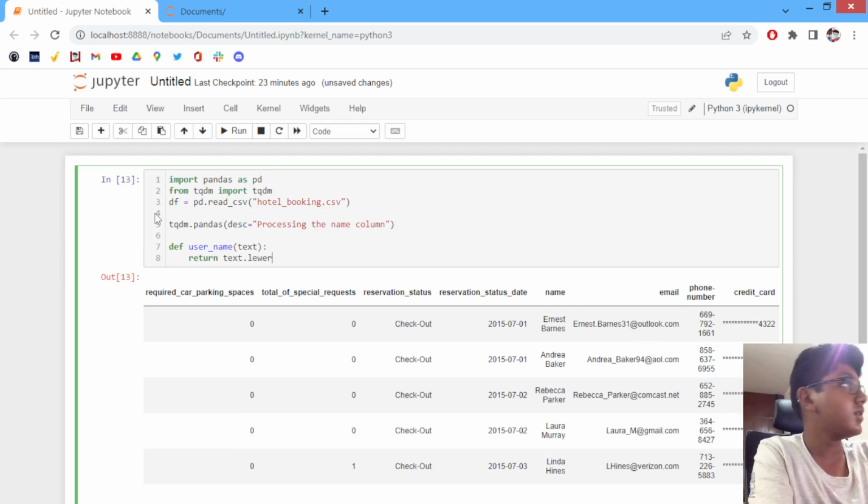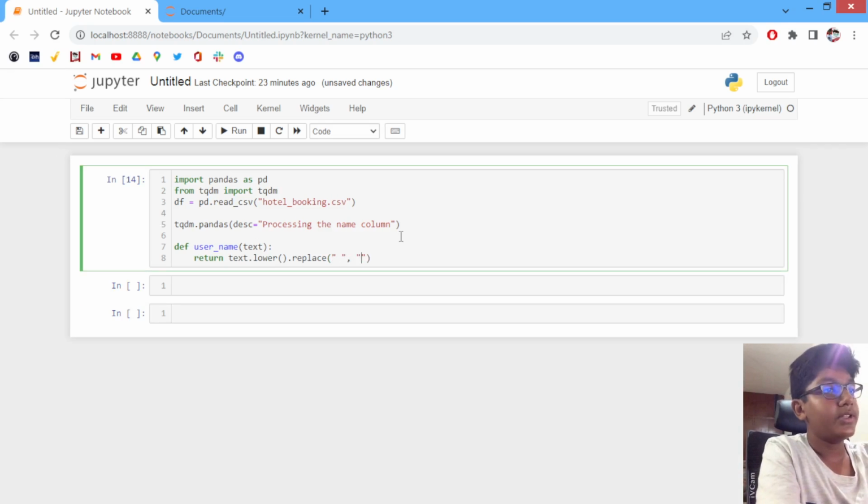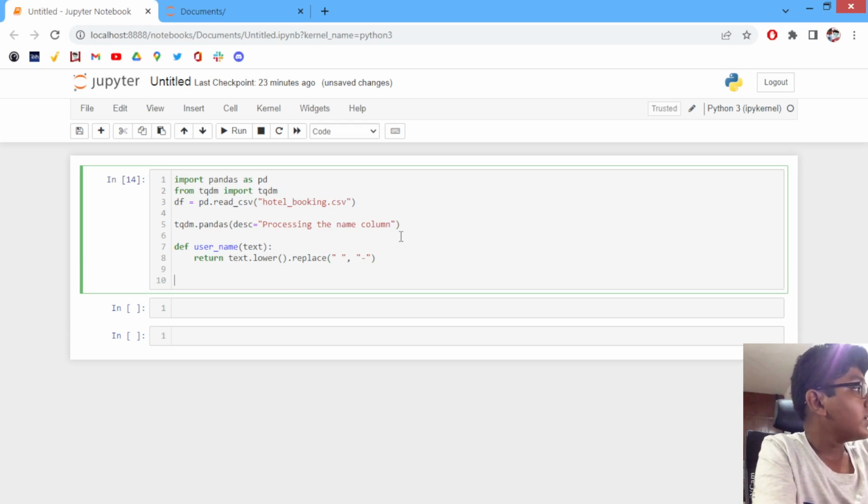We are gonna lowercase it, and we're gonna replace the space with a dash, right? And next we're gonna do df, and then we're gonna create a new field username in our data frame,